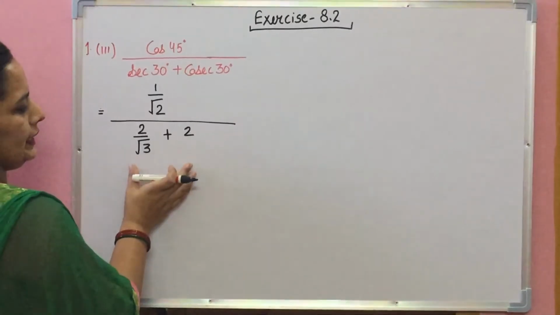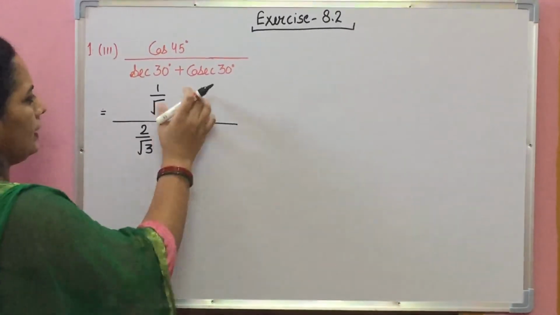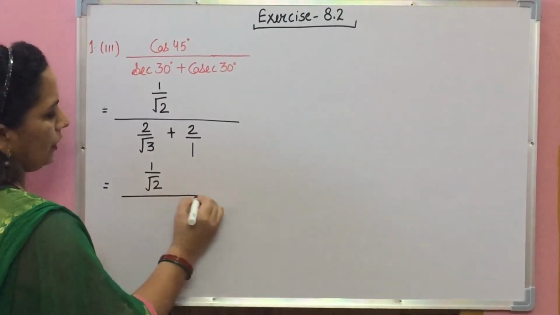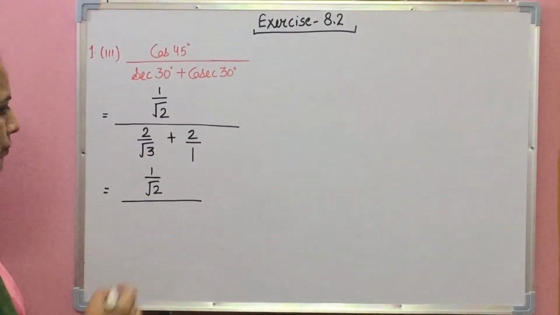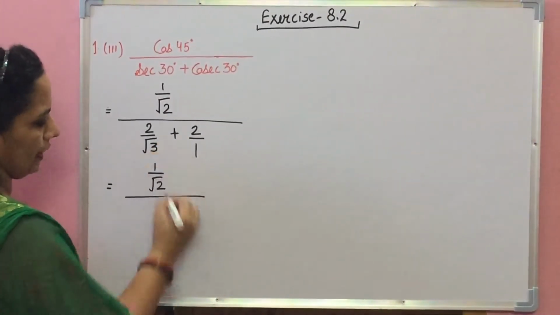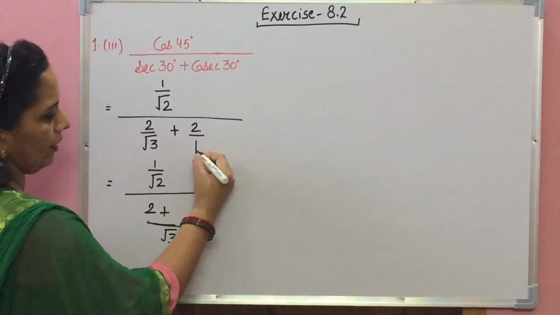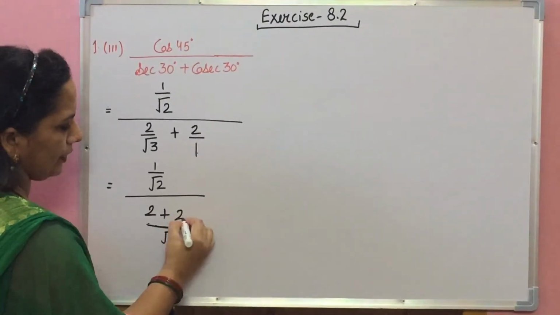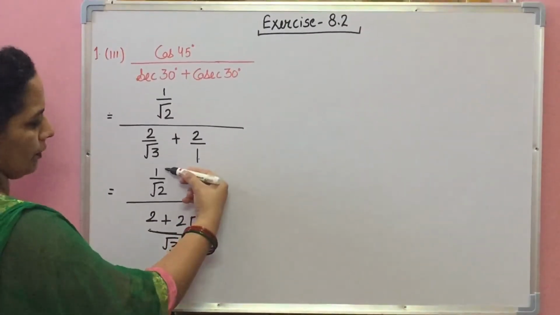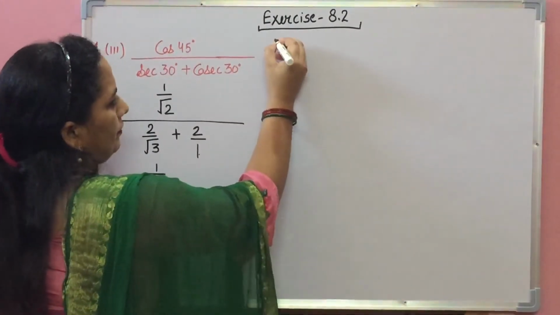First of all, in the denominator we can take the LCM. So in the numerator write the term as it is and in the denominator take the LCM. So we have the LCM square root of 3. We can cancel this term. Then we have 2 plus here we have 1. Take the LCM. Then this is equal to 2 square root of 3. Here we have 4 terms: 1, 2, 3, 4. How can we simplify these terms?